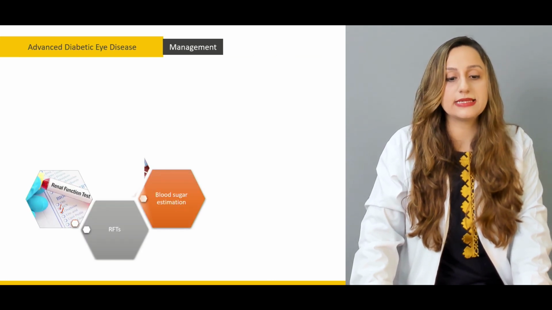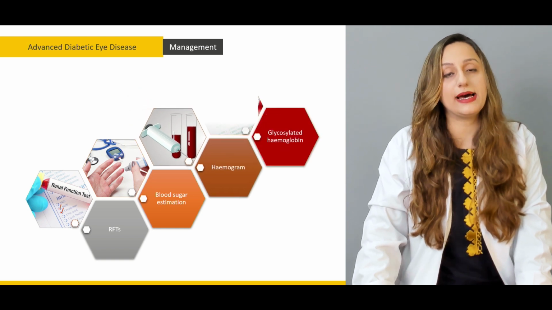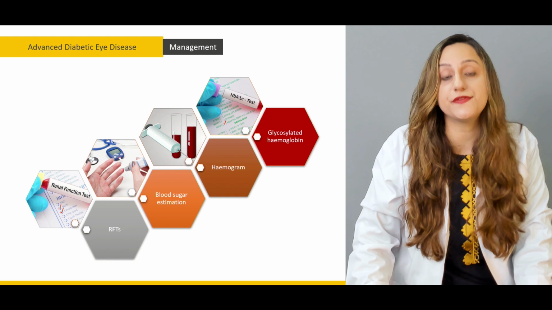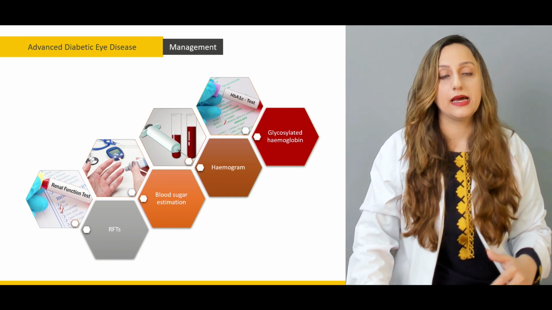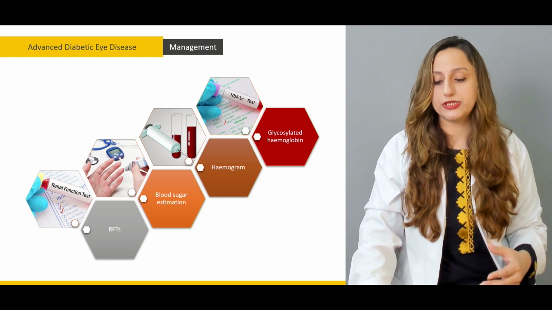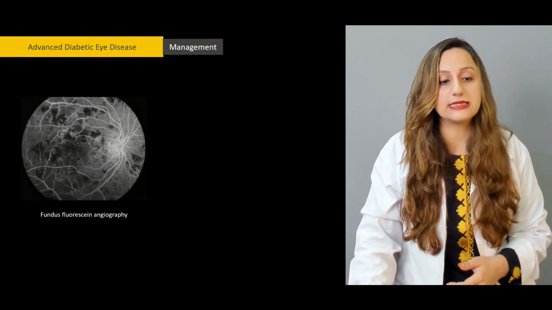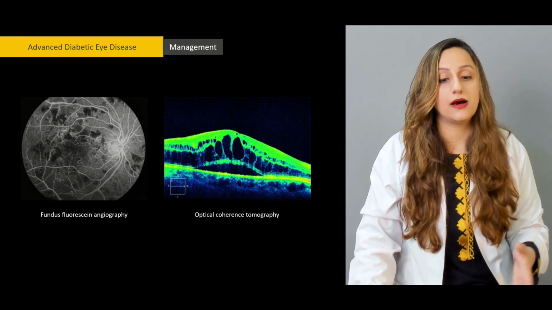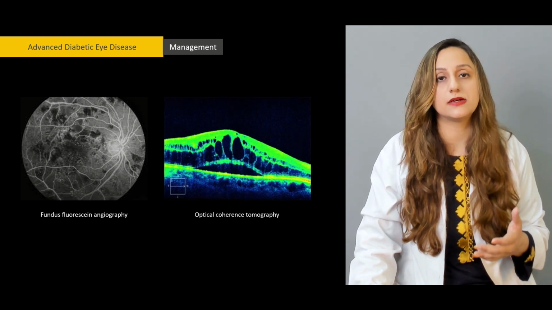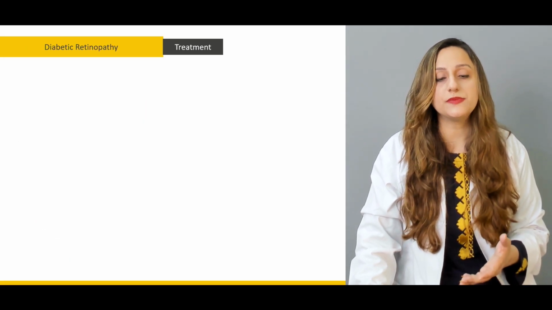Renal function tests, blood sugar estimations, hemograms, as well as the glycosylated hemoglobin, which gives you an overview, that is basically an HbA1c. That gives you an overview towards the control of the blood sugar levels over the past 6 months. Advanced diabetic eye diseases, we perform FFAs and we perform optical coherence tomographies, OCTs, in these patients. The treatment would include